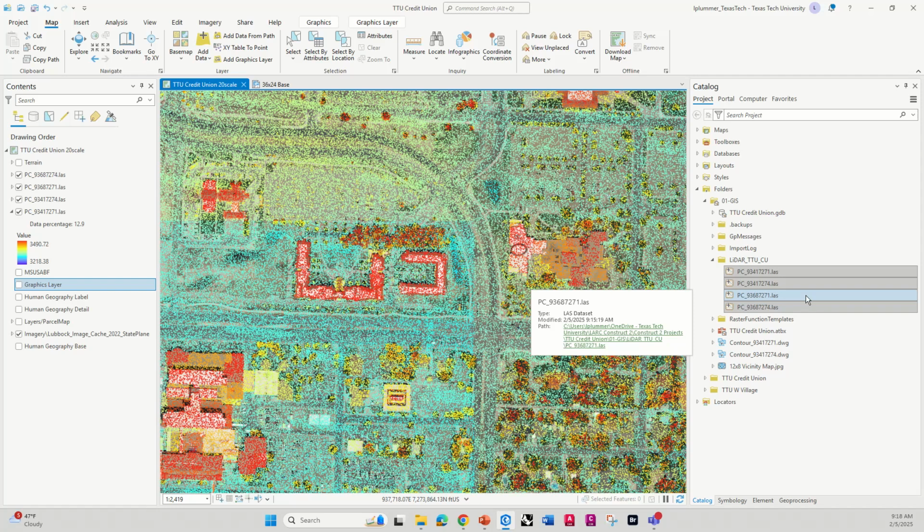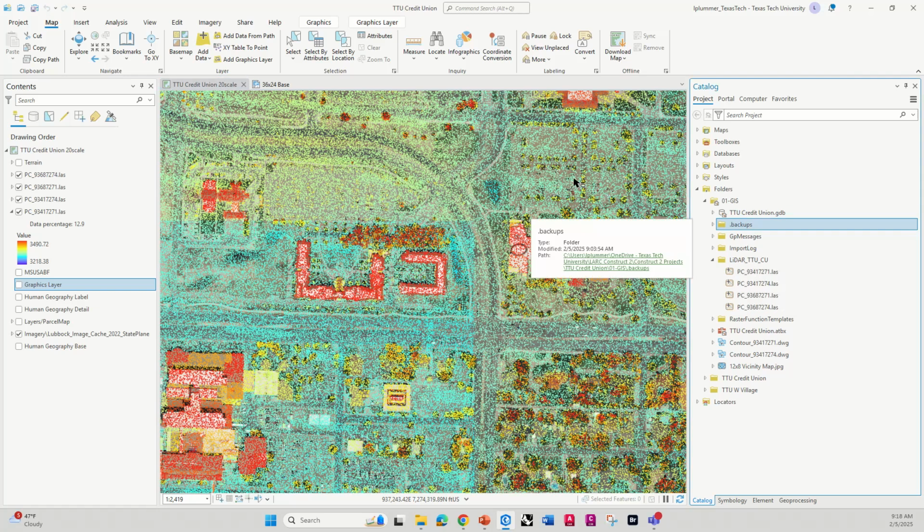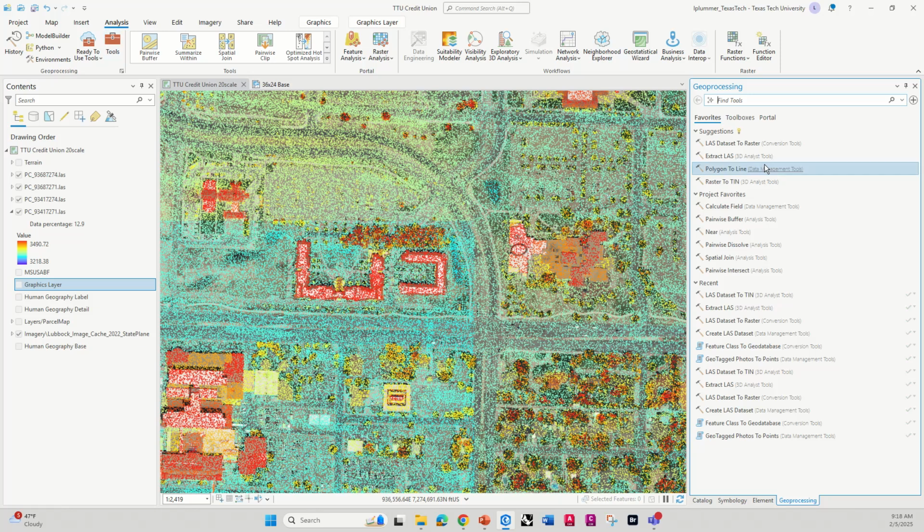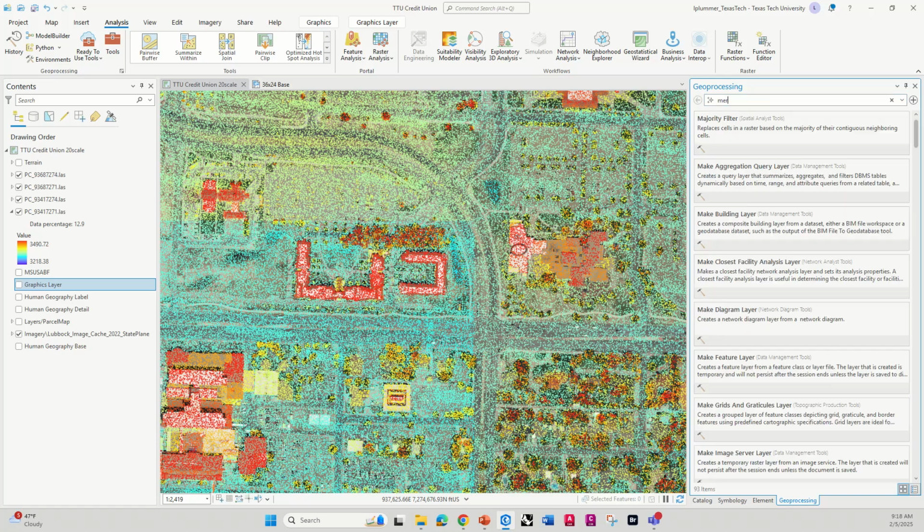Okay, now there's so many of these tools in GIS that you can never remember them all. What's important is to remember where to access them. You go to analysis and then you go to tools, and really the best way to work with GIS, since they have hundreds of tools, is just type what you want to do. So merge